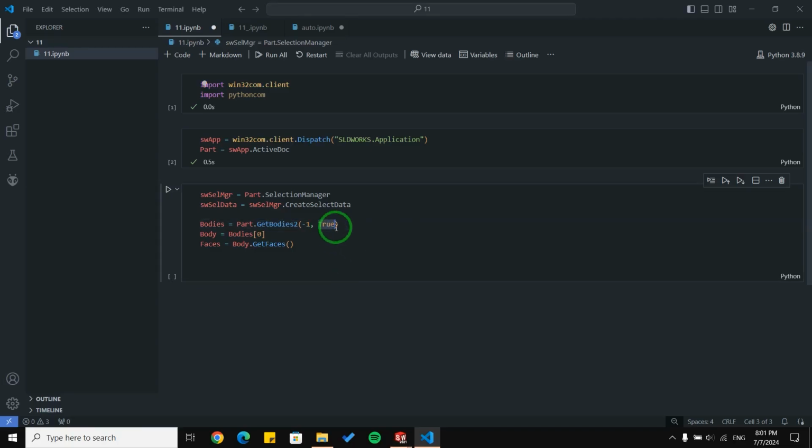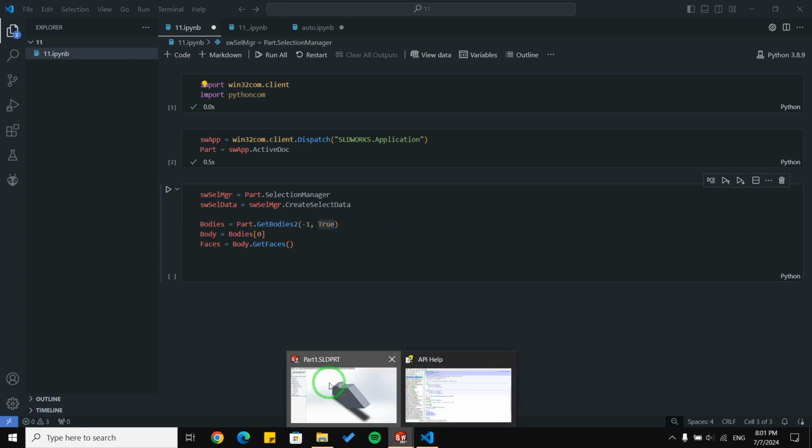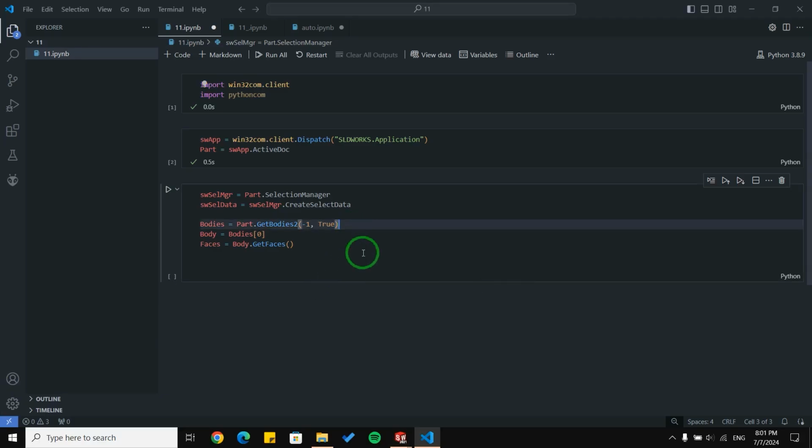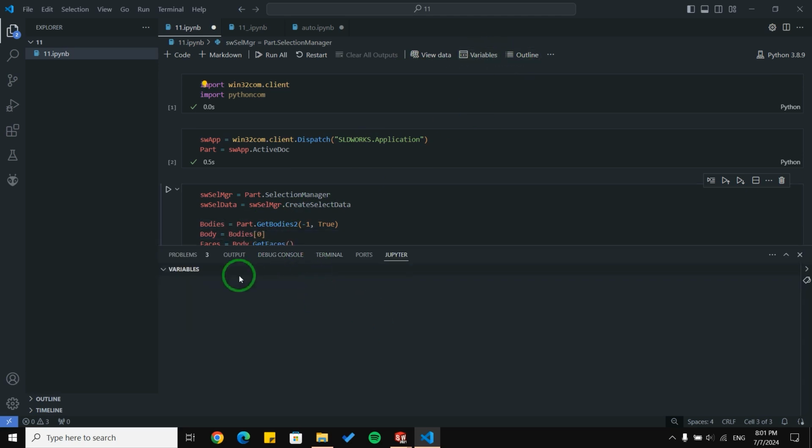We are going to use true because sometimes we have a body and we can make it invisible, and we just want to use this function properly. In the second line, we are going to select one of our bodies. Let me run it first, and let me show you the bodies here.